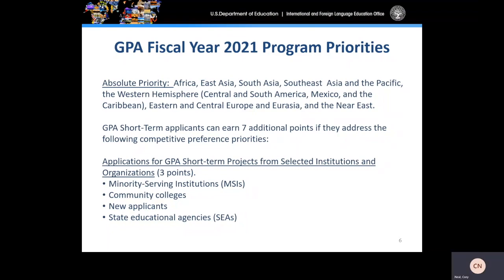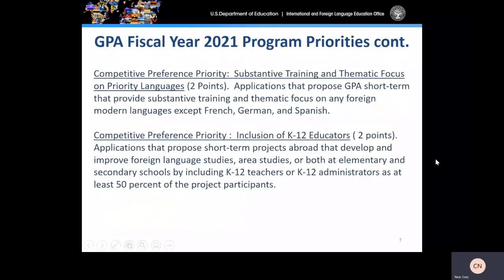Applications for GPA short-term projects from selected institutions and organizations can earn competitive preference priority points. Those institutions who are minority serving institutions, community colleges, new applicants, or state educational agencies are eligible for these 3 additional points. GPA short-term applications can earn 2 additional points if they propose projects that provide substantive training and thematic